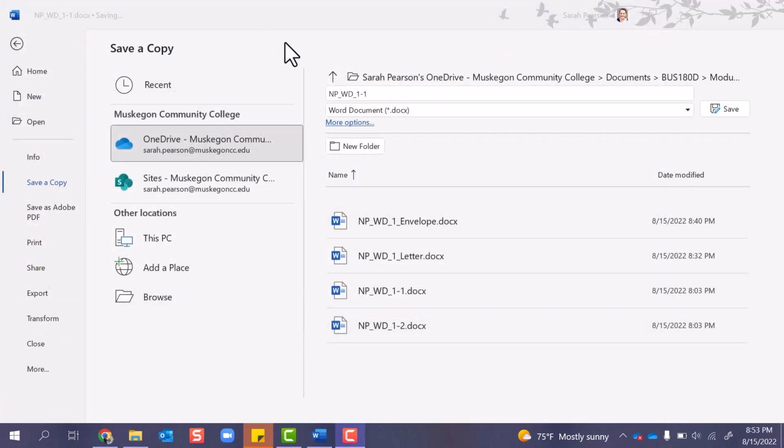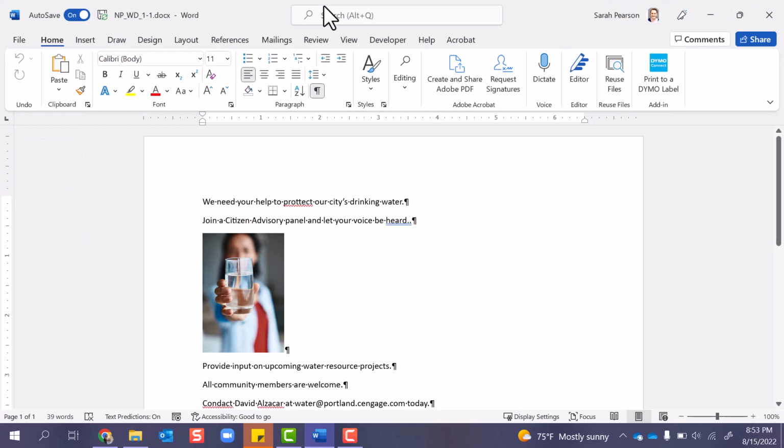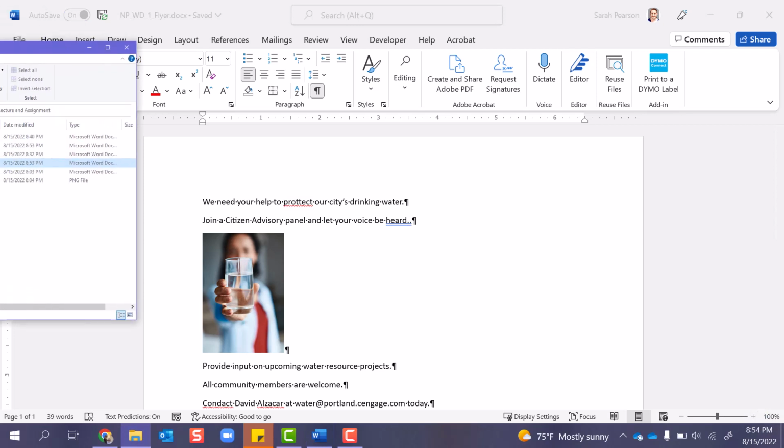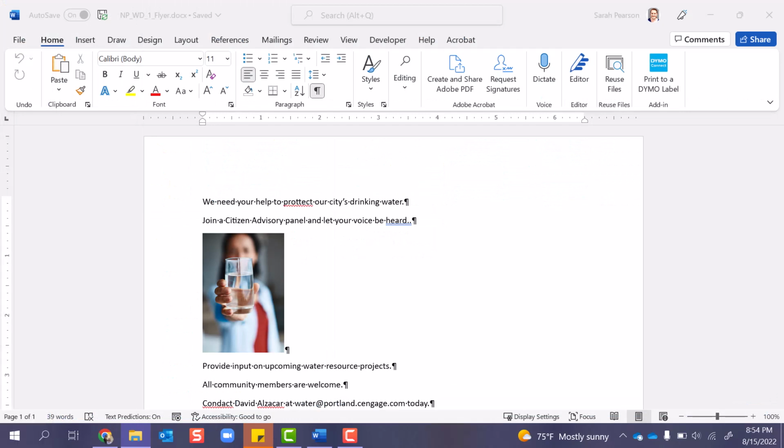And we are going to save this as NP_WD_1_flyer. So I don't have to backspace the whole thing, I can go ahead and just keep it there. Looks great. And I'm just going to click Save. And what this does is if I pull over my File Explorer for you to take a peek at, notice I still have my original, which is the 1-1, but I also have 1_flyer. So I still have both of them, which is really helpful,